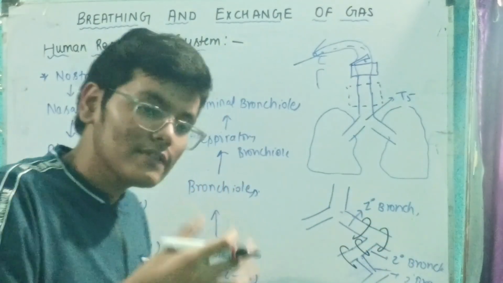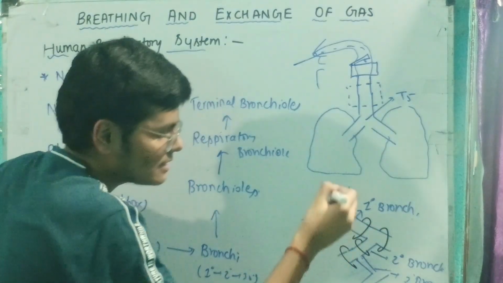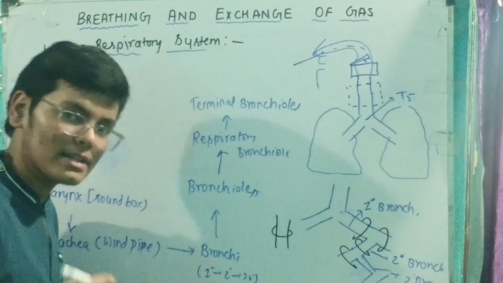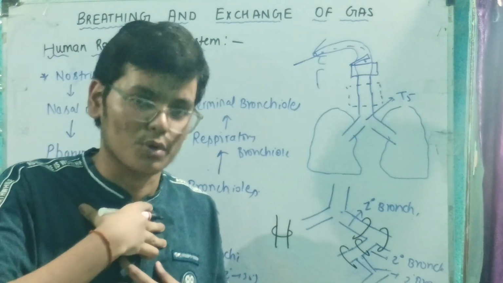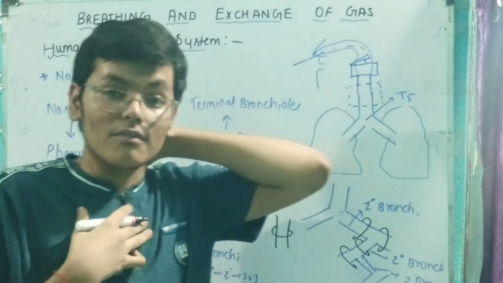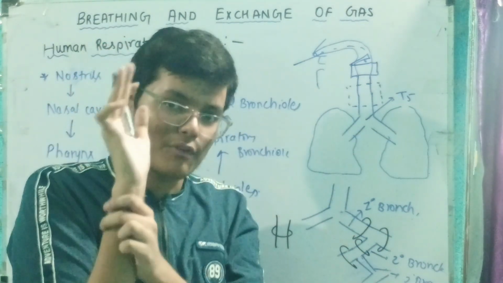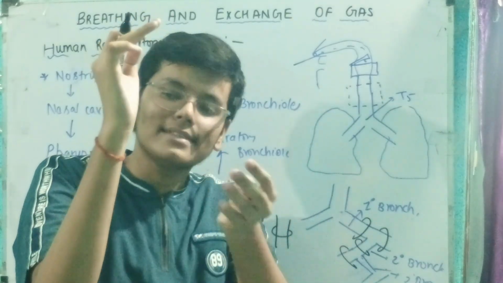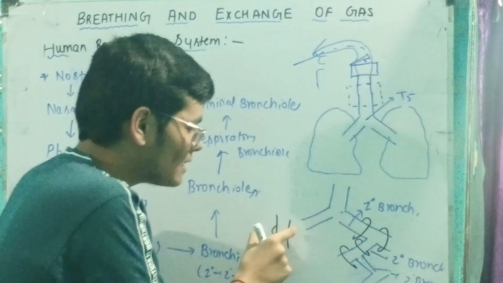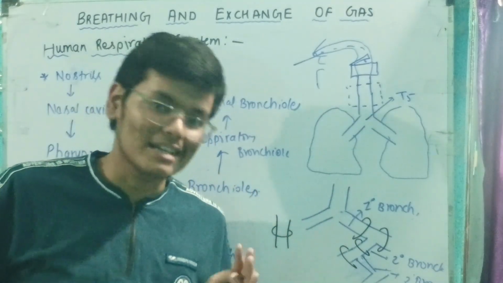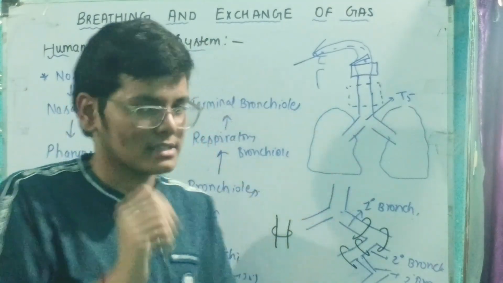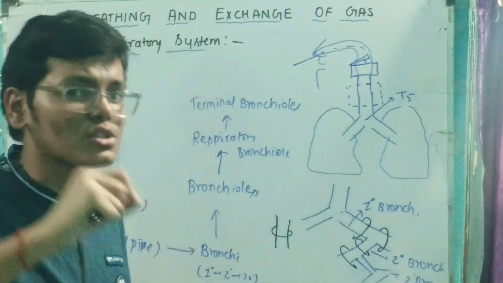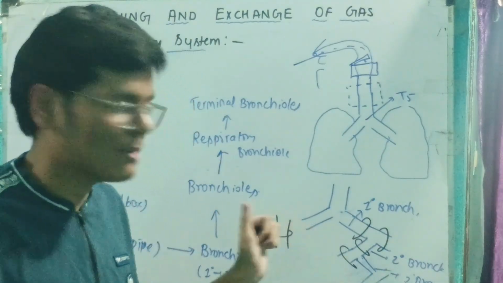Now, why are they covered with C-shaped cartilaginous rings? This is a trachea. They are covered by C-shaped rings. Why? So that they can provide the support. There is a vertebral column behind to provide the support from the backside, and then we have the trachea and the whole respiratory tree, and they are covered by half C-shaped cartilaginous rings so that they don't get collapsed in the front side. Terminal bronchioles are the part of the bronchioles which start not having these C-shaped rings.